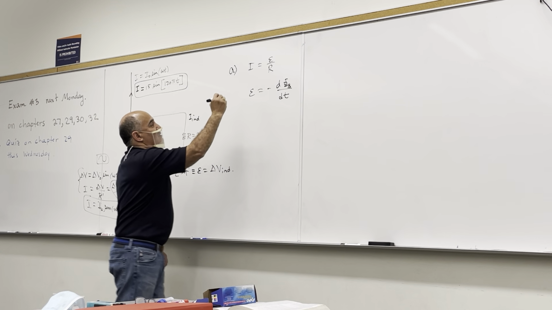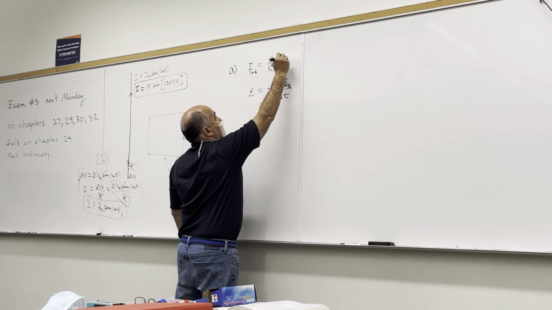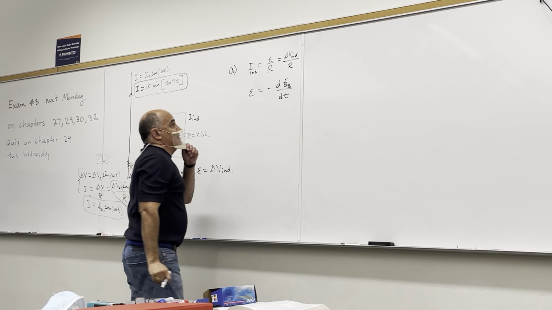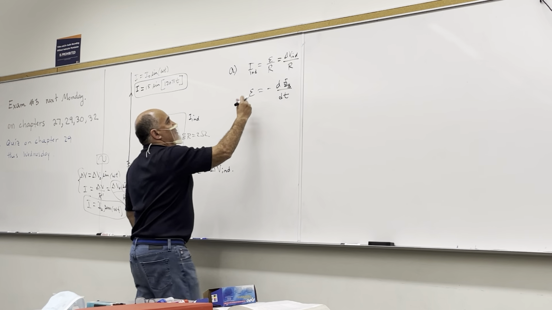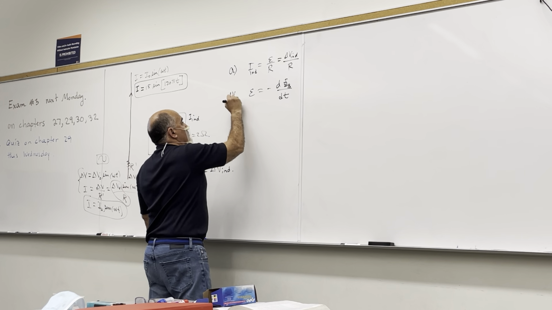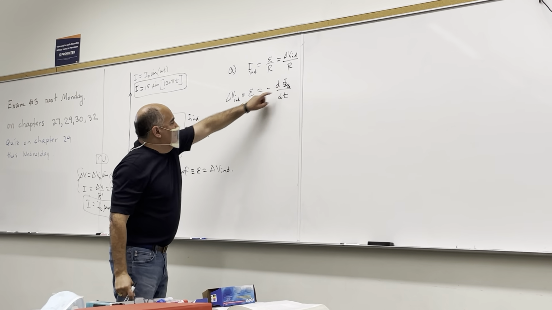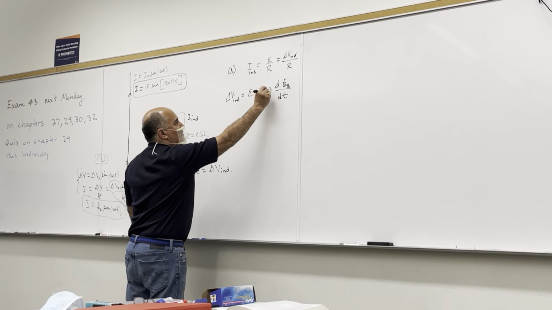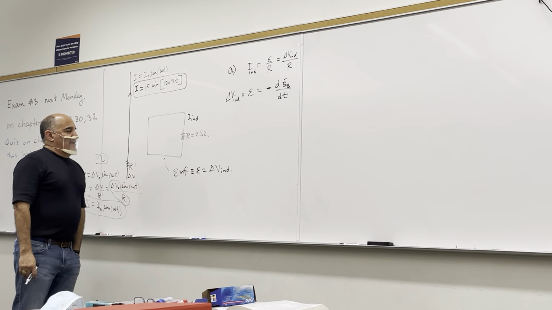Right, so the induced current is the induced EMF, if you want to call it like that, divided by the resistance, right? But that induced EMF is the same as this, right? It's the derivative of the magnetic flux with respect to time, and the minus sign is just to tell me something about the direction of the current. Anyway,